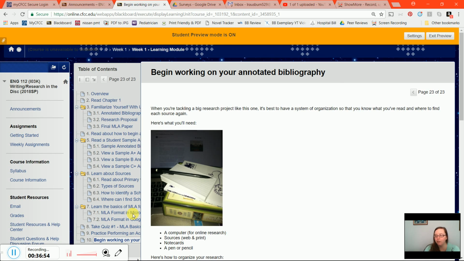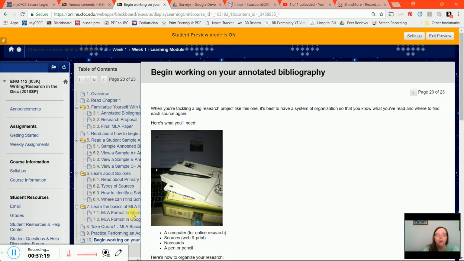One thing I do want to say is that it's perfectly fine if you read a source and you realize that while you thought the source was good, you're actually not going to end up using it in your final paper. You can still use that source on your annotated bibliography, because this is just research, right?